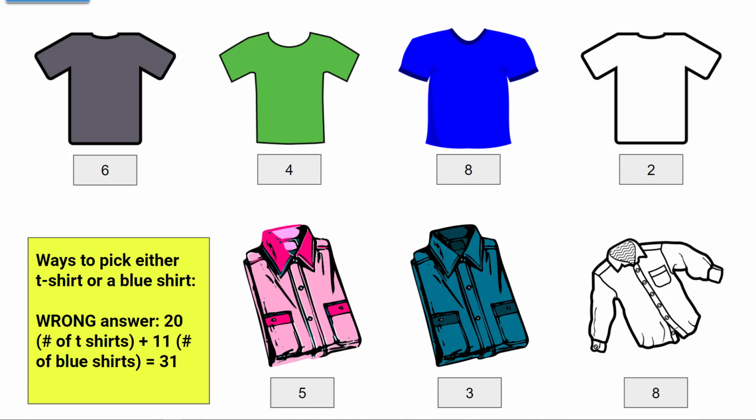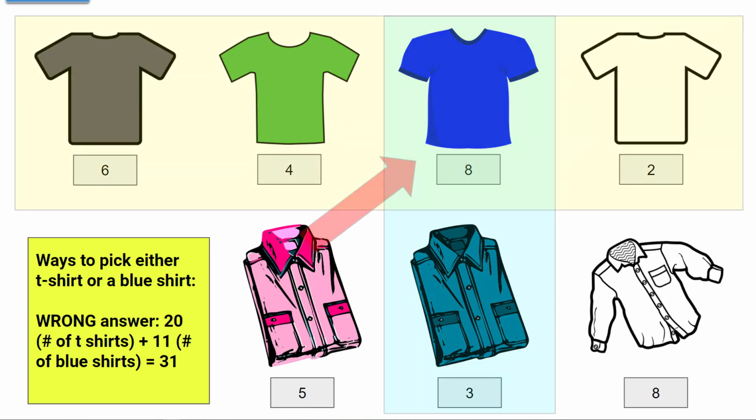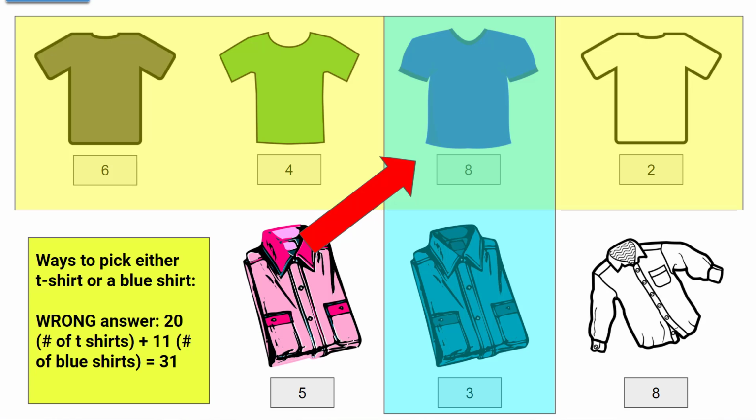There are definitely 20 t-shirts, and so 20 ways to pick one. There are definitely 11 blue shirts, and so 11 ways to pick one of those. But there are 8 shirts that are both blue and a t-shirt. So when counting the number of shirts to pick, those get counted twice, and so the number 31 is too